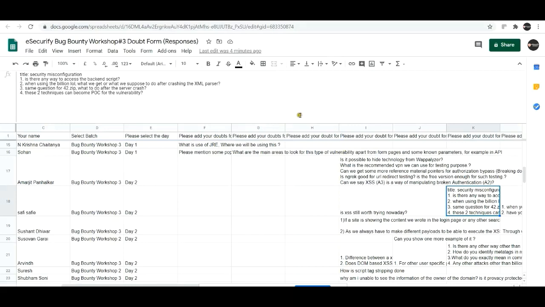These two techniques can become a POC for the vulnerability. So they are not themselves the vulnerability. The vulnerability is that the XML parser doesn't have any restriction on third-party XML, so we can inject our own XML and we can execute it. Alright, so I hope this answers your question. Next